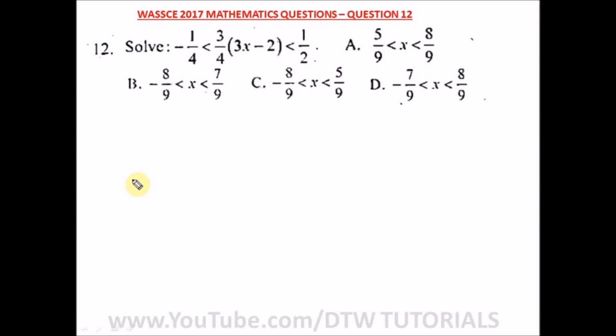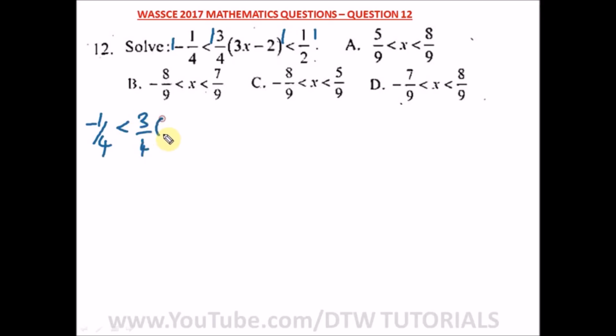Question 12 of our WASSCE 2017 mathematics past question, that is your WAEC 2017. It says solve these inequalities. First, when you see questions like this, you have to break it into two parts. We're going to first solve this and this, then solve this too. So let's do this together. We have here minus 1 over 4, which is less than